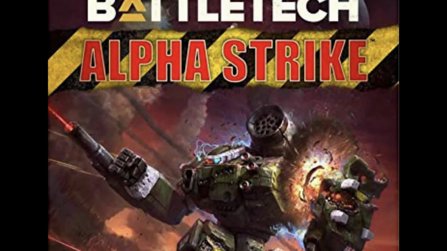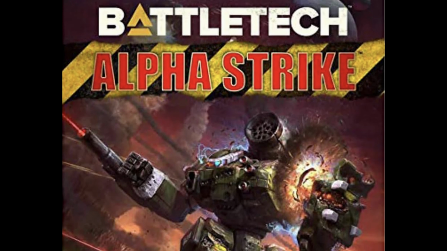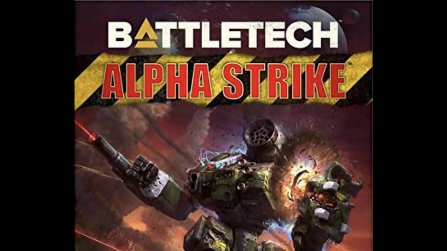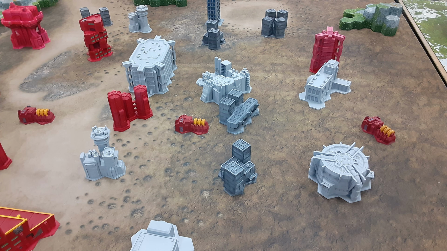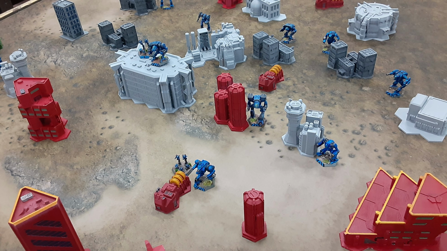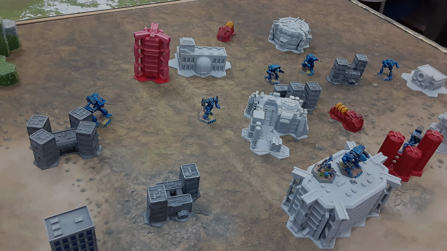Alpha Strike is a popular way to play in the Battletech universe. It is less granular than classic Battletech, which does appeal to a lot of players, especially those coming from other game systems. It is played in a more traditional miniature battlefield with terrain, true line of sight, and uses a tape measure to measure distance. For those that want to keep that classic feel, there are rules to play on a hex map. This is not an in-depth discussion of the rules or how to play Alpha Strike, more of a high-level overview